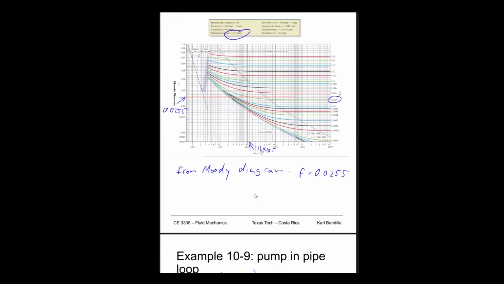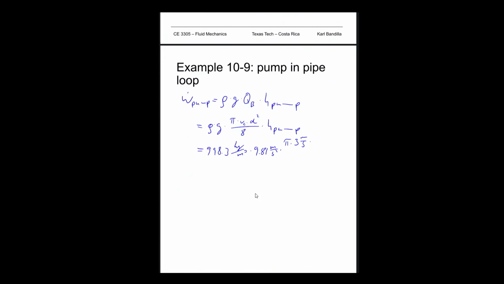Yep, VC is 3 meters per second times our diameter, 0.075 meters squared, divided by 8, and then times the pump head, 2.33945 meters. And that gives me, I had a calculation error before, so let me